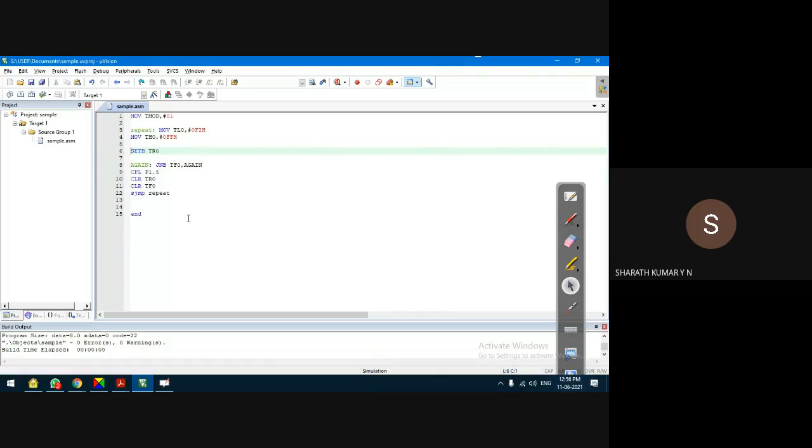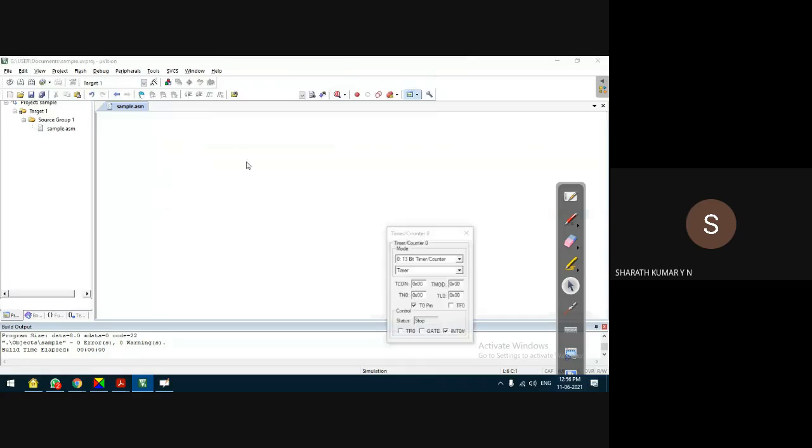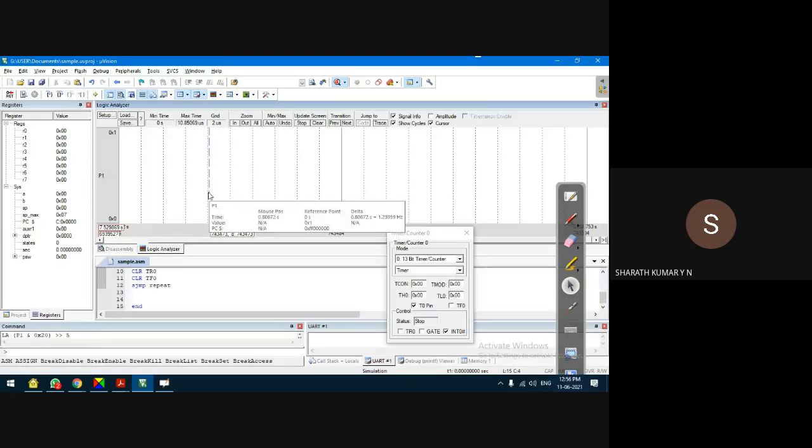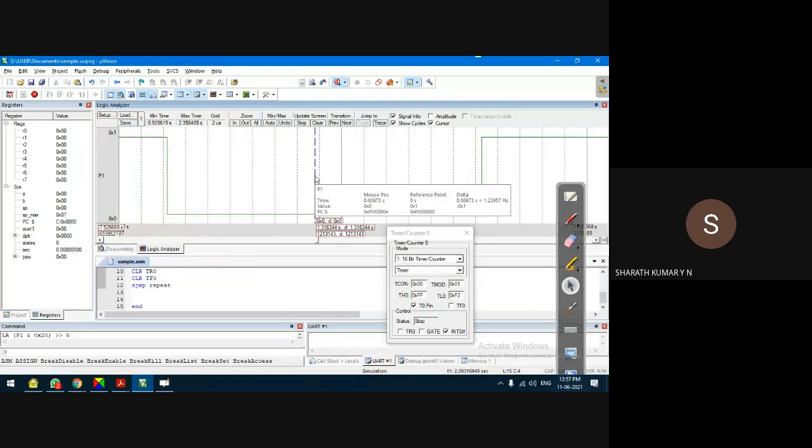It is taking extra clock cycles, because of Debug start session. That's why we are getting more delay. Okay, debug run, 11.05 megahertz. Okay, I'll stop the program.